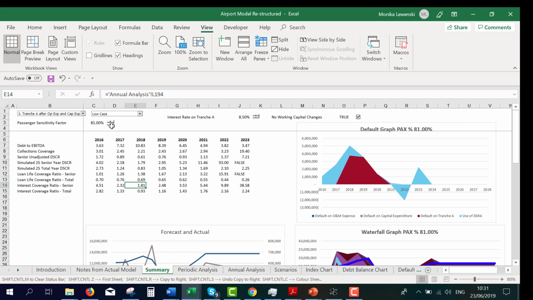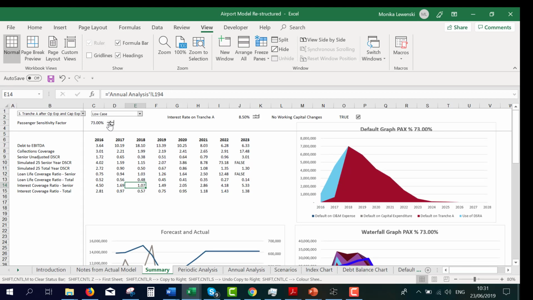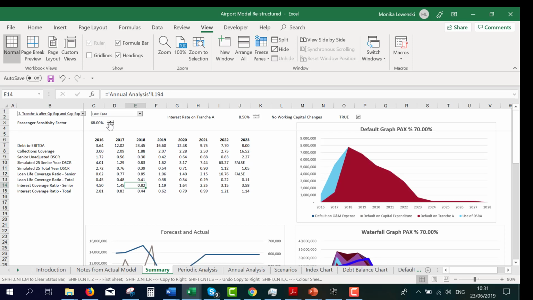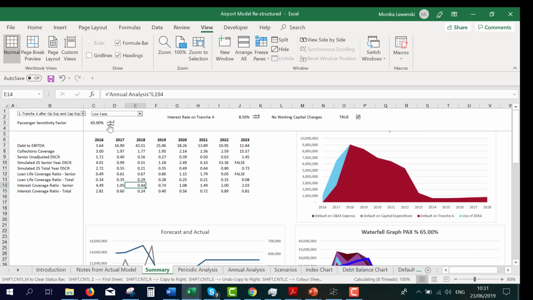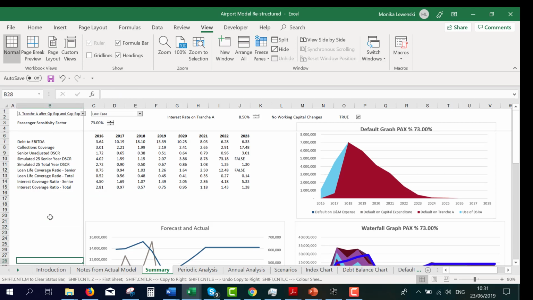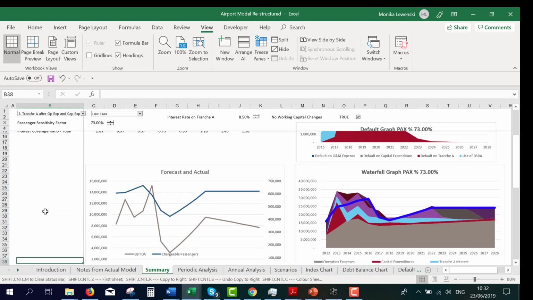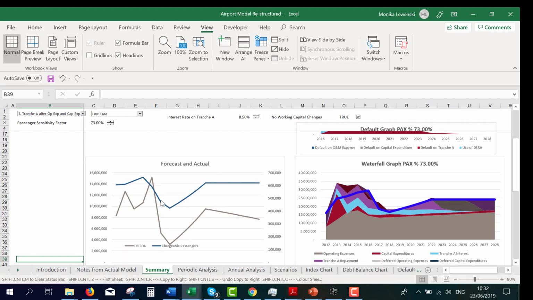potential defaults, and then if you keep going down, eventually the defaults get much larger, and we can never pay back the debt, but we can see what kind of break-even point we need to get before we get to this horrible level. And then, well, maybe that's about the break-even point. And then you can look at the forecast compared to the actual. Here's the actual EBITDA, and our forecast has to go way, way down before we get to this kind of disastrous position. This is this peak to trough that I introduced.